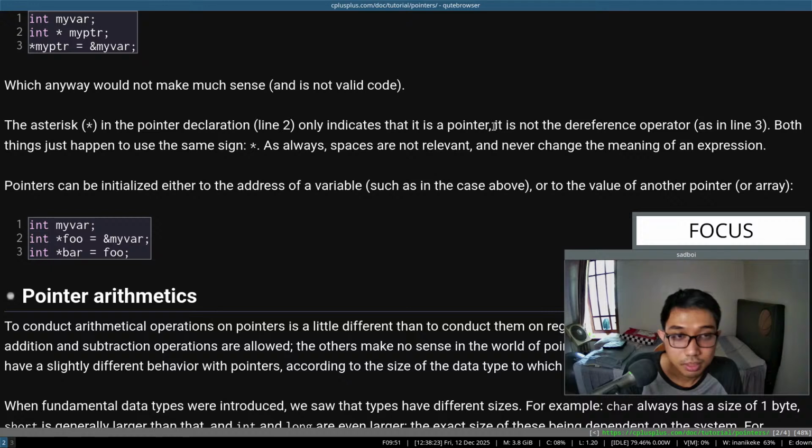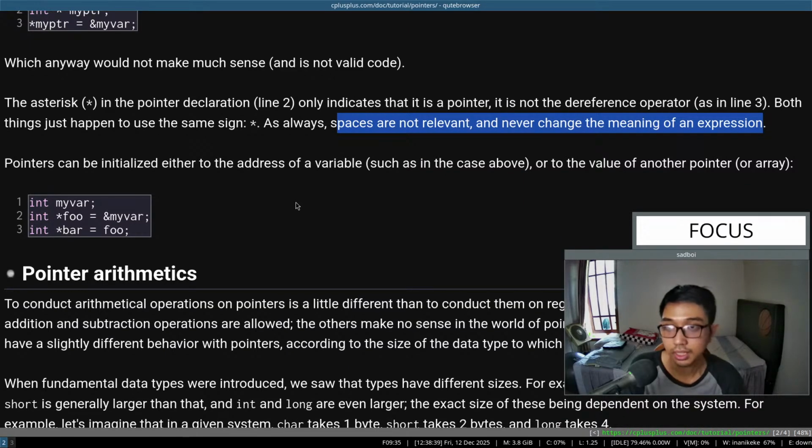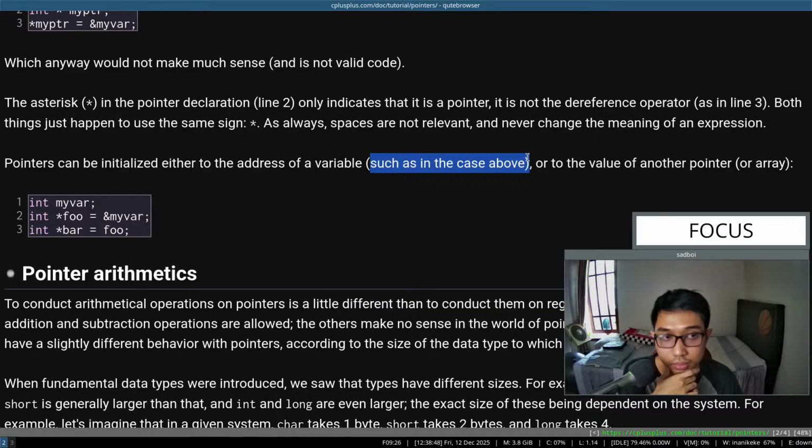That it is a pointer, it is not the reference operator. But things just happen to use the same sign. It's asterisk. As always, spaces are not relevant and never change the meaning of an expression. Okay. Pointer can be initialized either to the address of a variable, such as in the case above,